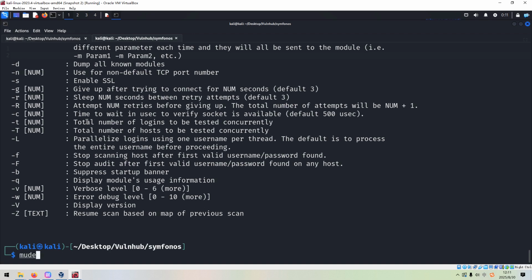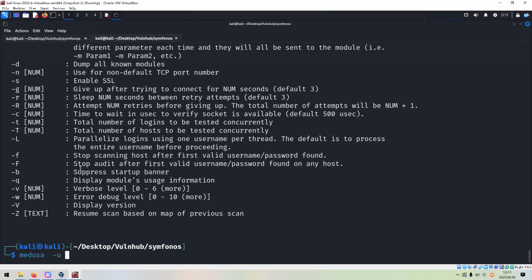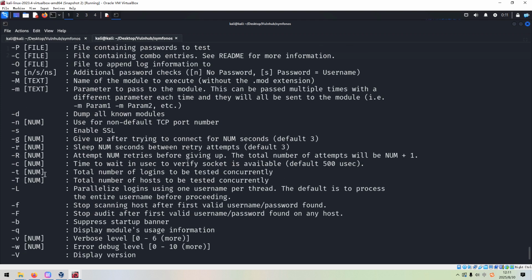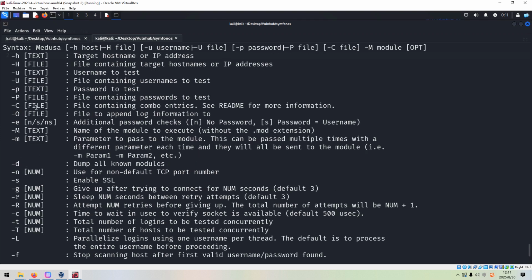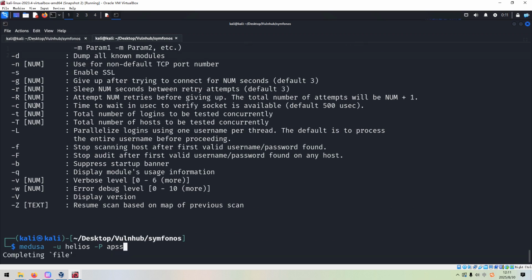We can specify the username Helios, and we can use which option to specify the password dictionary? Passwords. Oh, not this one. Passwords, and then